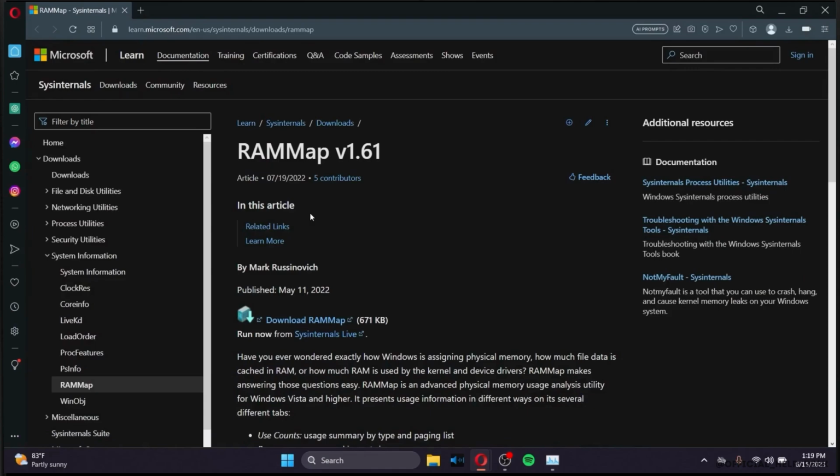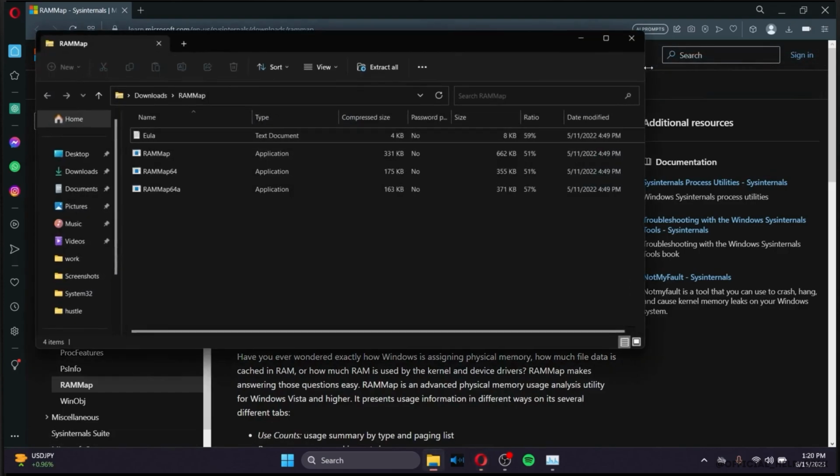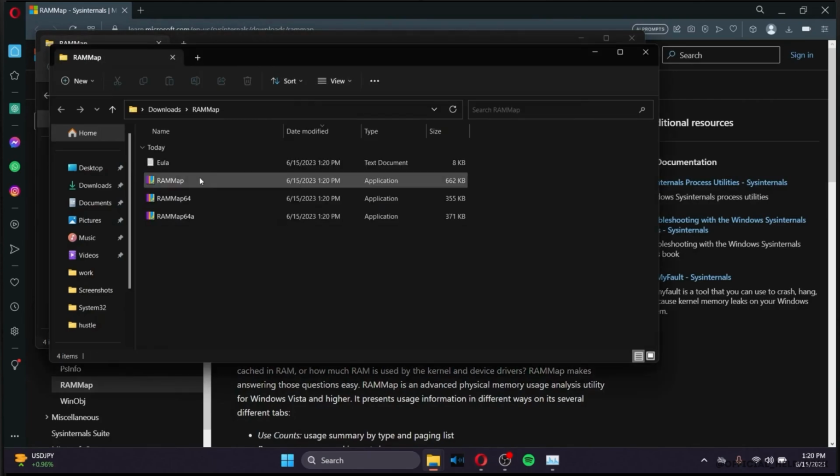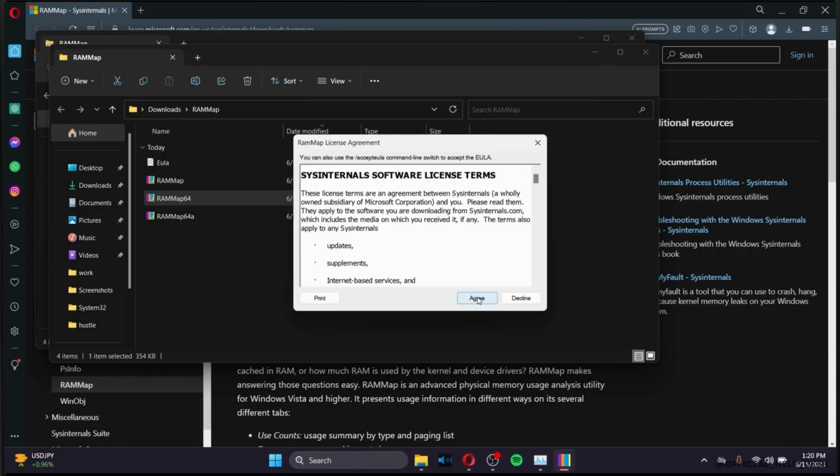The link of the website is present in the description down below, and click on Download RAM MAP. And now, after the zip file is downloaded, open up the zip file, go to RAM map 64 if you're using 64-bit. If you're using 32-bit, then make sure to click on the second option right here. So click on the 64-bit, click on Extract All, and after that, click on Extract, and you can see 4 of these options again. Go to RAM map 64, click on Yes, click on Agree,